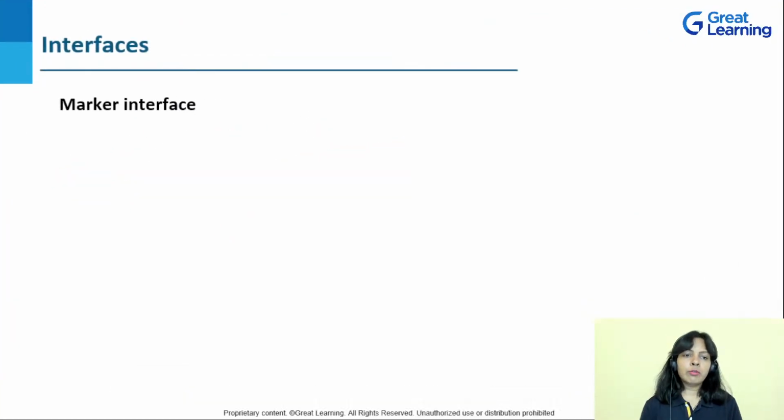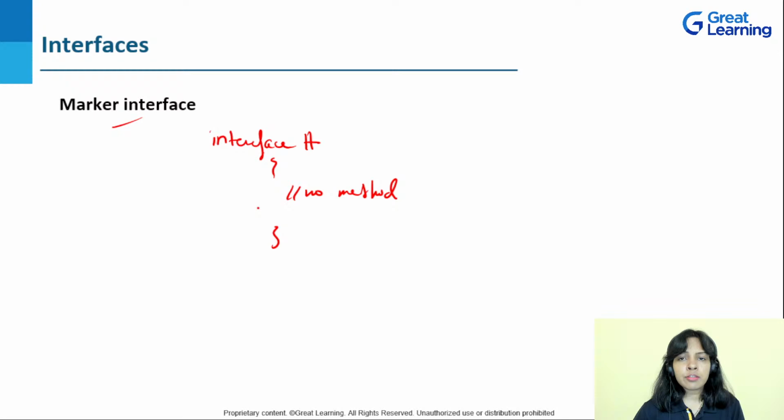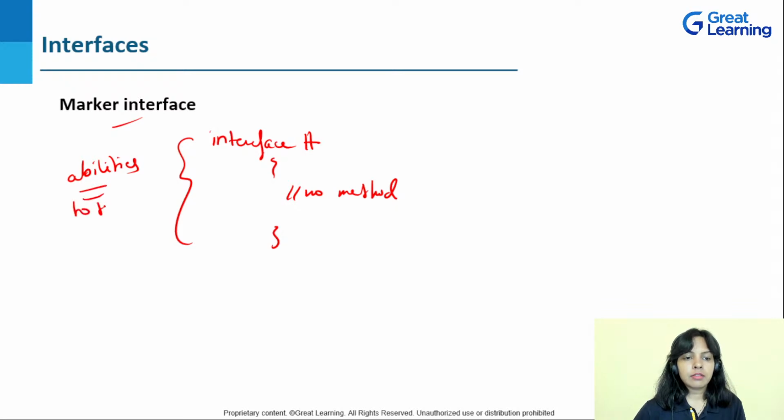Now, guys, quickly, what is marker interface? So there's a concept of marker interface in Java where an interface is not having any implementation, meaning if I write interface A here, and in this there is no method, nothing is there, it's empty, then it is a marker interface. Why is this marker interface used if there is nothing inside, no method inside? These are used for providing some abilities to the class. Which kind of abilities? If there is nothing here, who is providing these abilities first of all? This is provided by JVM.